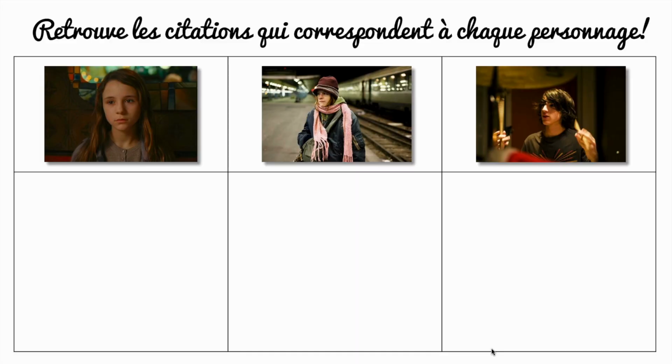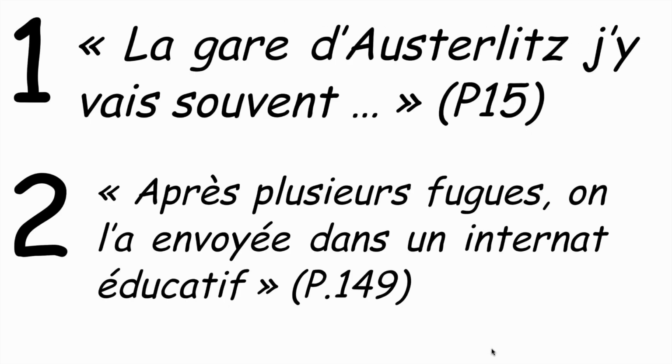Quotes all over your classroom on the walls. They arrive in the class, you give them a picture of a character. So this is the worksheet I would give my students before starting the activity. You have the picture of the 3 characters and space underneath to either write numbers of the matching quotes, or